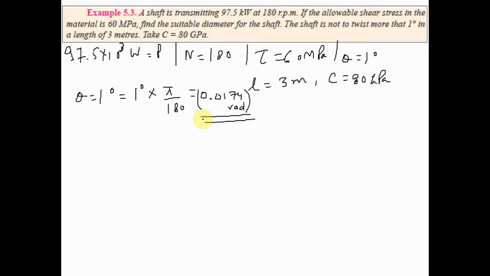Okay. Now how shall we proceed? We shall proceed with two concepts. So wherever it is saying that the shaft is not to twist more than 1 degree per length of 3 meters or something like that, here you have to do it by two different concepts. You have to find the diameter of the shaft and then take the bigger one, because we are designing the shaft, so the shaft should not fail. So there are two parameters. First parameter is considering the strength of the shaft. That we will be doing first. Then we will be doing it based on considering the stiffness of the shaft.